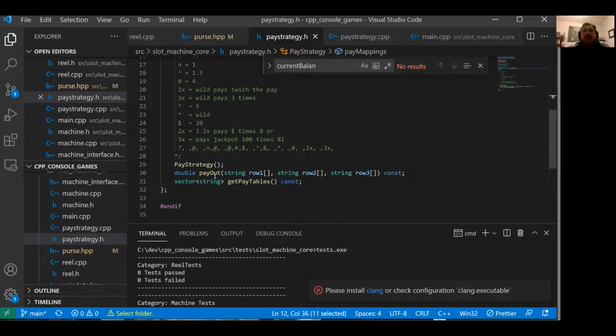The pay mappings get initialized in the constructor, and it has the payout. It also has the pay tables, because sometimes you want to know, like in the game, what the payouts are. So that's going to display the payout. If we go to the actual CPP,